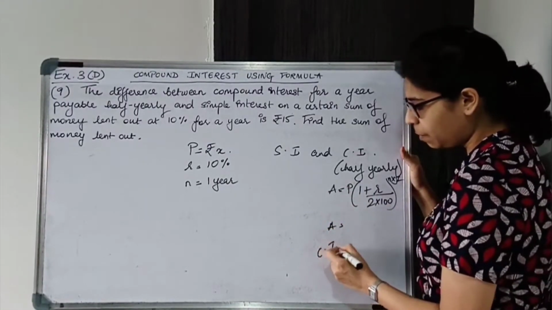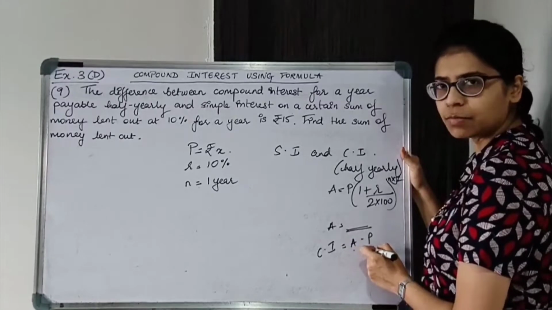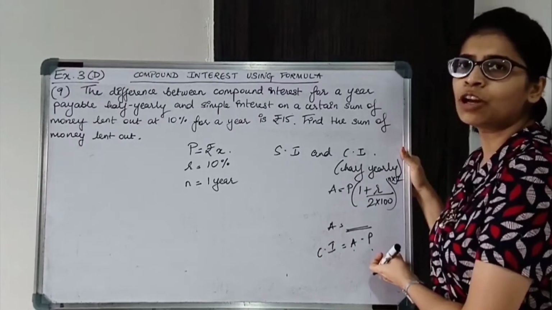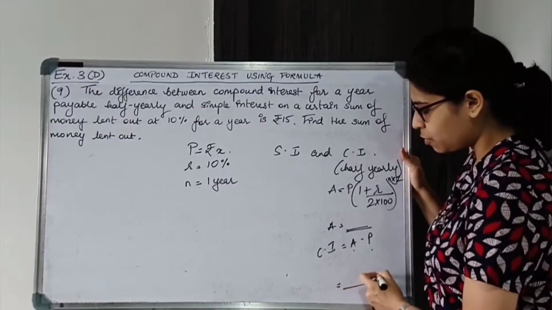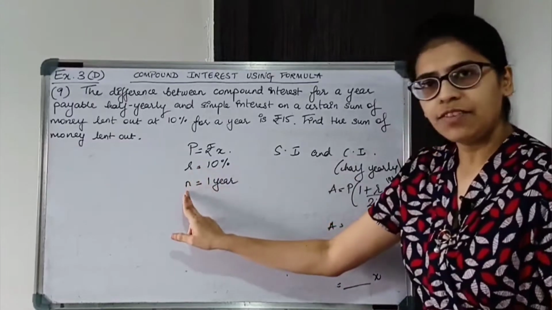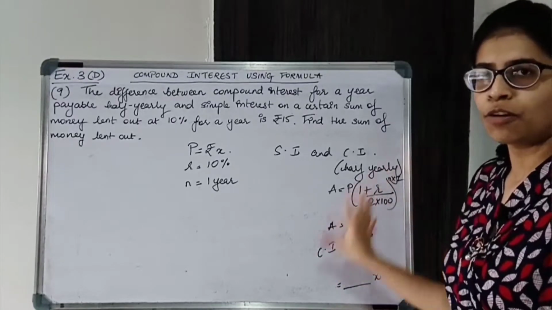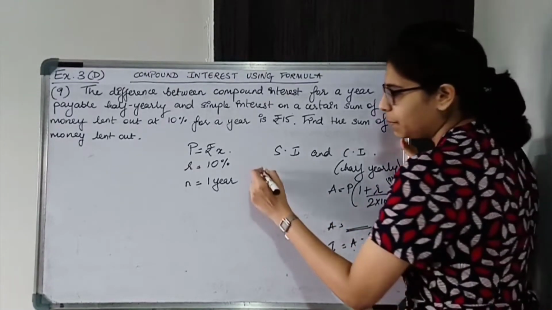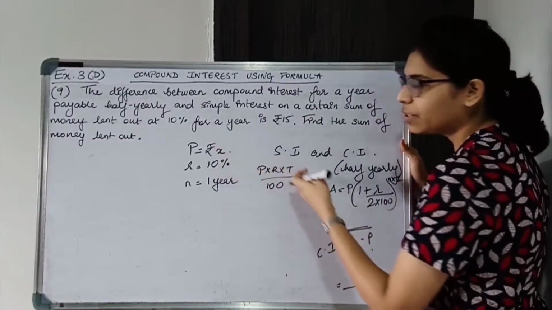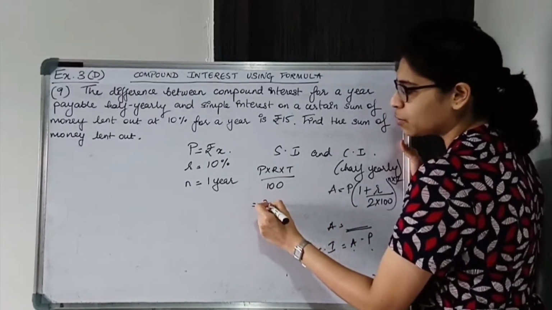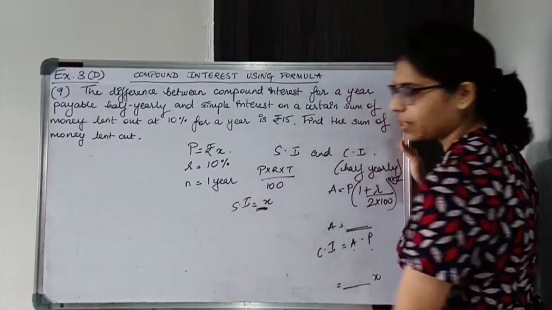Similarly, compound interest is also easy, A minus P. Whatever value you got, minus principal, or directly you can use the formula of compound interest, substitute and start solving. You will get something in terms of X. R we know, N we know, but principal is not known, so principal will remain as it is, rest all will be in the form of numbers. Now simple interest is P into R into T upon 100. Very easy, substitute the values and again you will get something in terms of X. So simple interest will also be found.